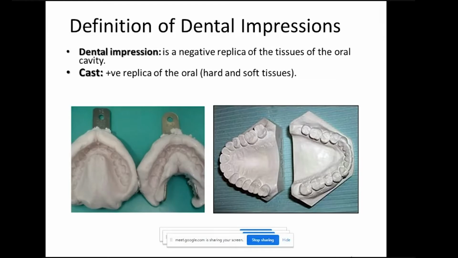While the cast, it's a positive replica of the oral. This is supposed that this is the impression. It's a negative reproduction into the mouth. While this cast, it's a positive reproductions of the